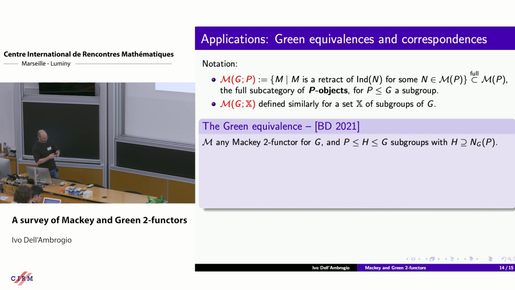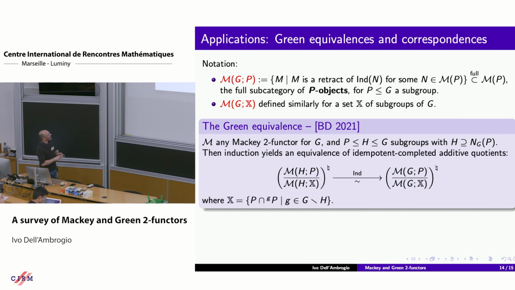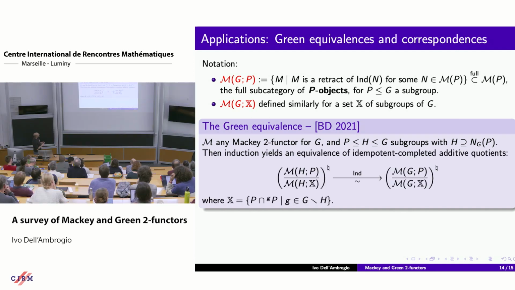So this is the general form of this Green equivalence. It's extremely general. So M is any Mackey functor for G. It could be defined locally just for G and its subgroups, okay? Then I have inside G a subgroup H and a subgroup P. And then let's assume also that H contains the normalizer of P in G. I don't have to, but by doing this, I will get a non-empty statement, okay? I am guaranteed not to get an empty statement. Because then, what the theorem says is that the induction functor from H to G gives me an equivalence of